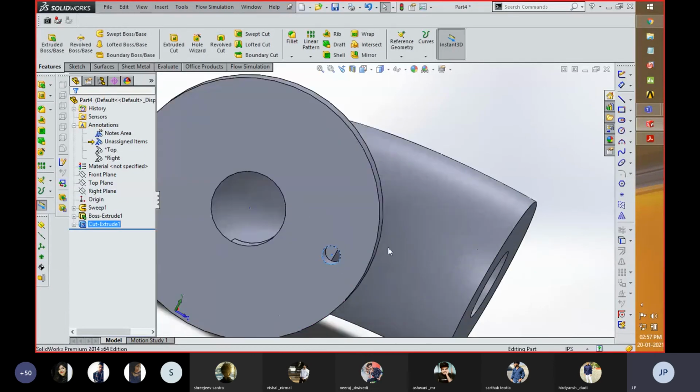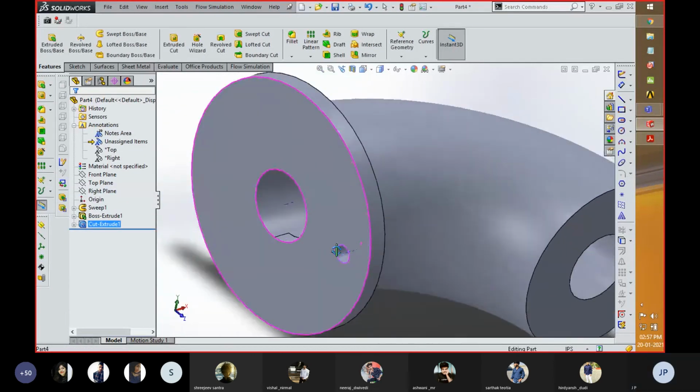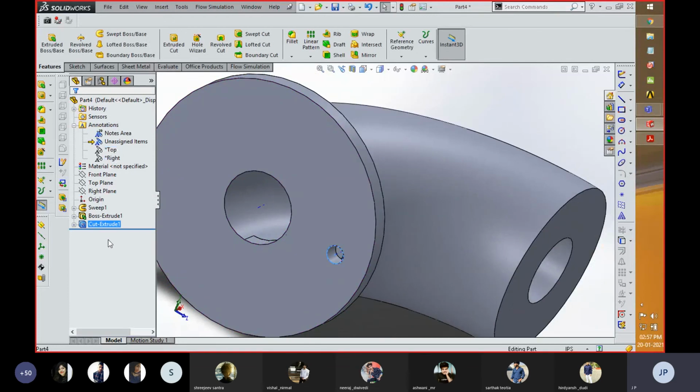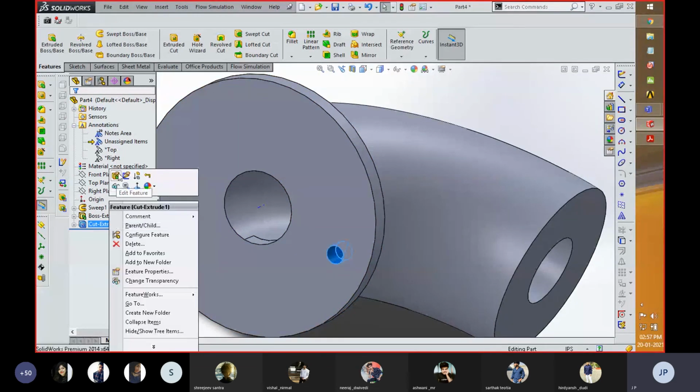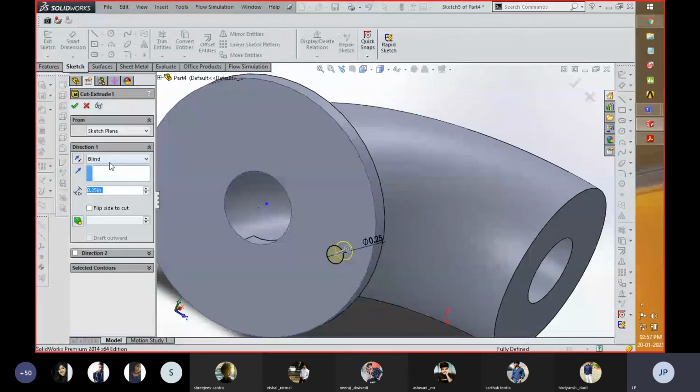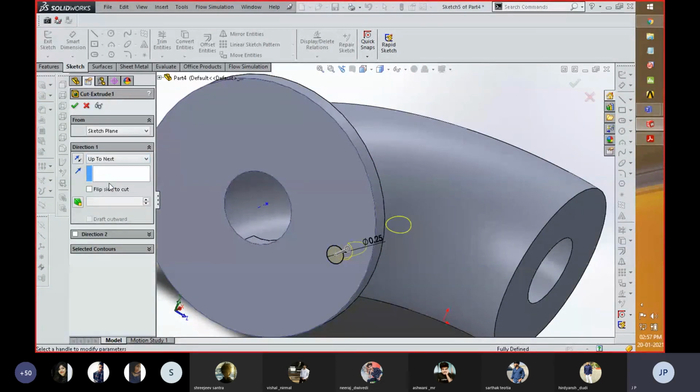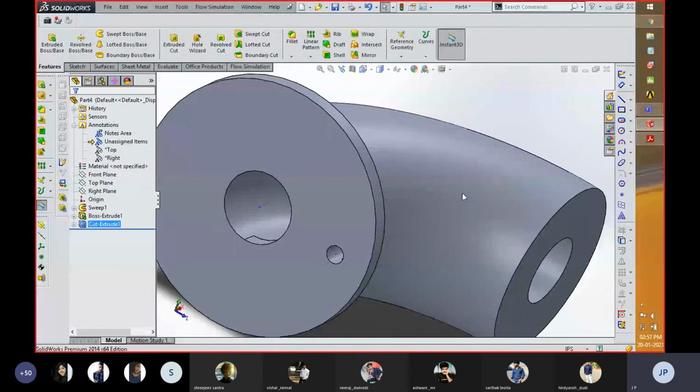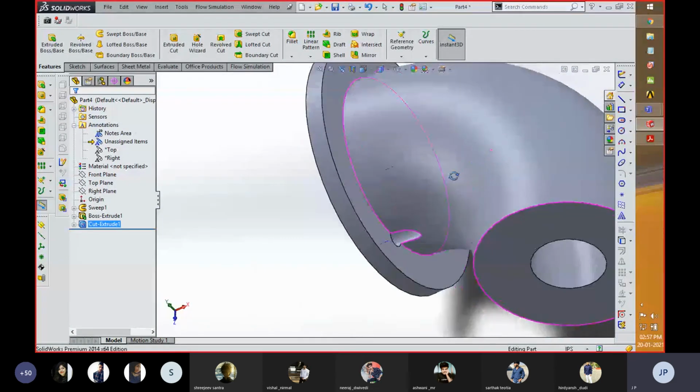So the material which is removed right now should be done with respect to completely. So for that I'm going to edit this, up to next. So now this is completely removed.